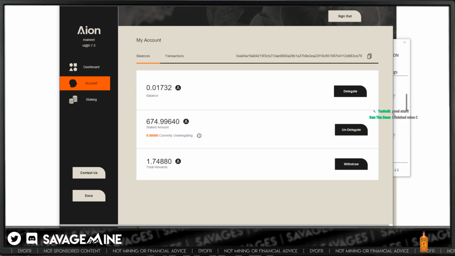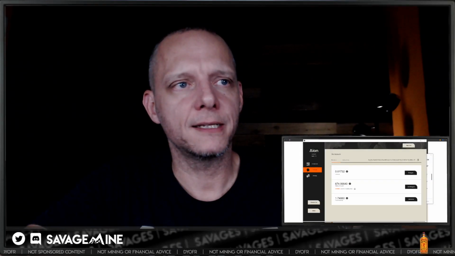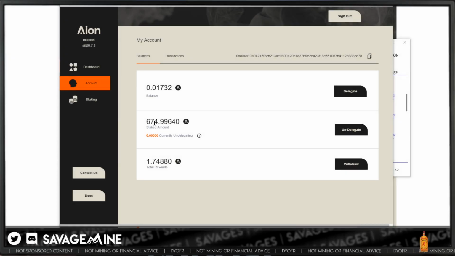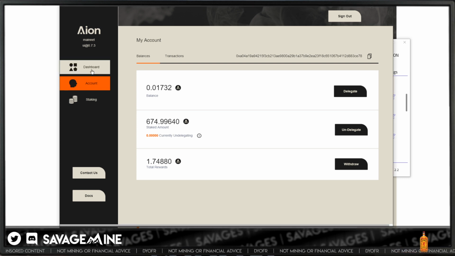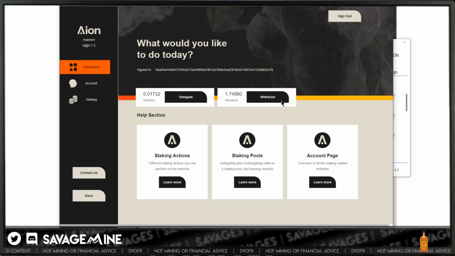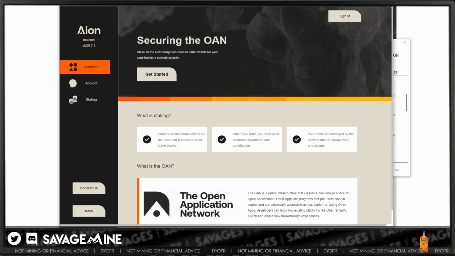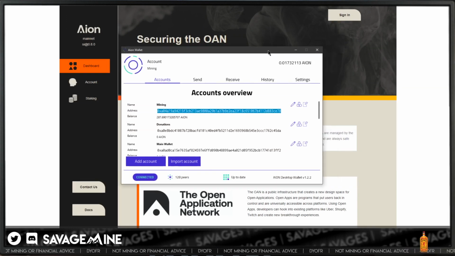All right, so now you see that there is 674 in there, staked amount, boom, good to go. So we're solid. So now I'm just going to exit out of here. I can probably click sign out, there we go. Exit out of here. You can see eventually this is going to go away